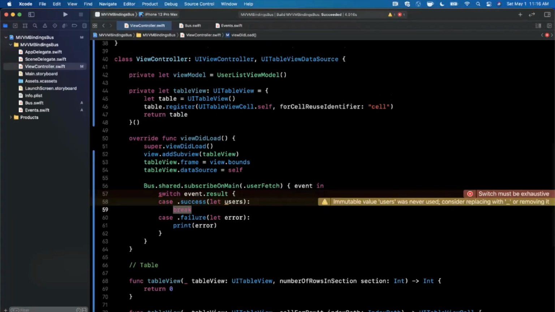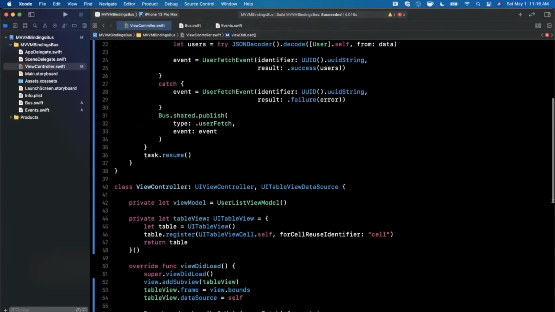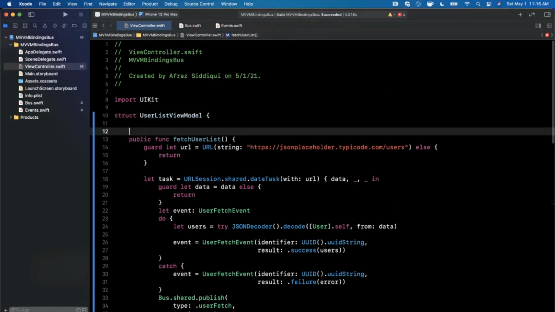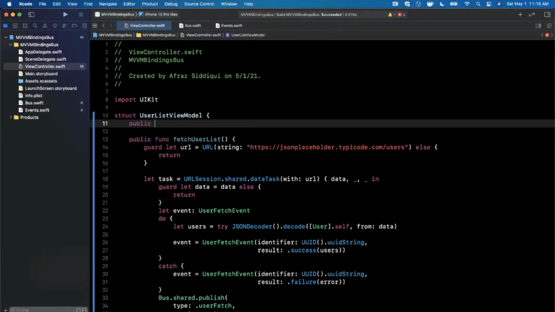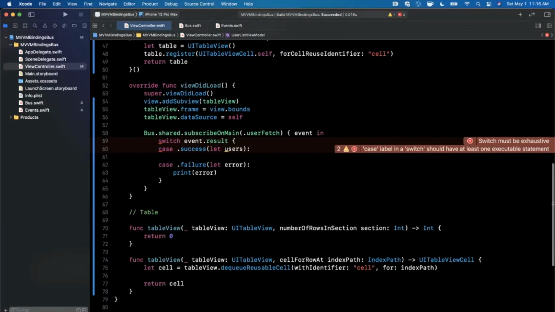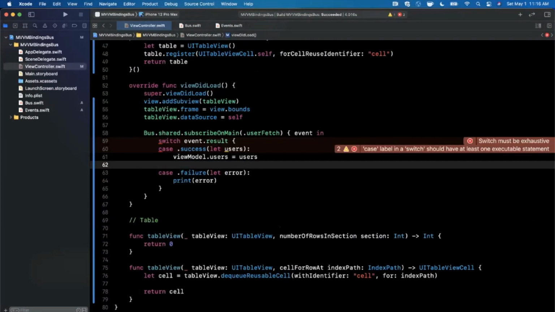Now, what do we want to do on the success? We want to refresh our table view, but we also want to hang on to our users. Where do we want to hang on to our users? We should probably put them in our view model here. So there is going to be a public var users, which will be an array of users, just like that. Now in here, we can say viewModel.users is users, and we can also say